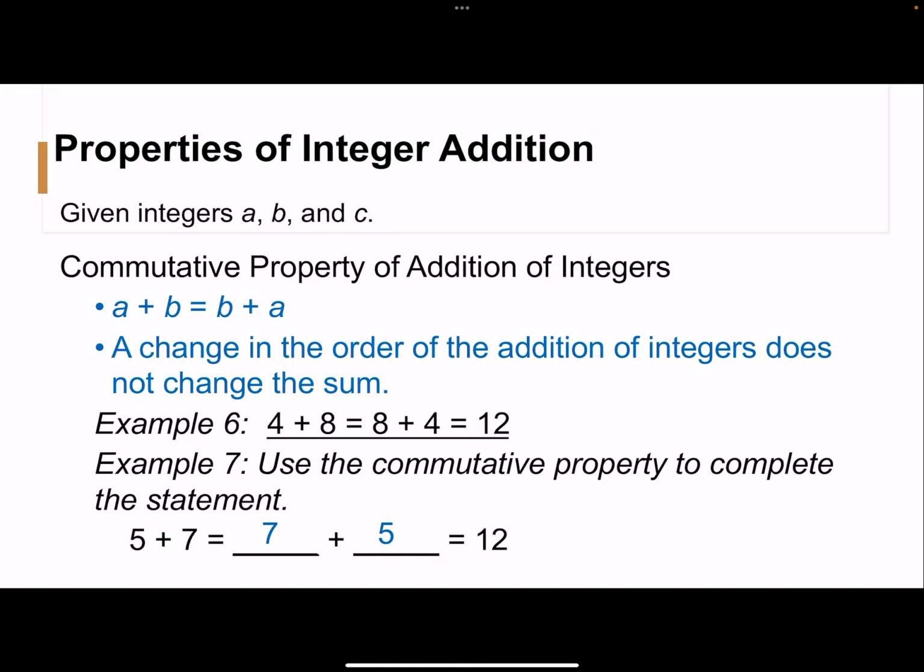I do want to make a note about the commutative property because in previous work that I've graded, some students are saying something that is really the commutative property and identifying it as an associative property just because it has three terms. I still can do the commutative property of the addition of integers with three terms. So I want to look at an example like that. If I had, say, -2 plus 4, and then I add 6 to it,